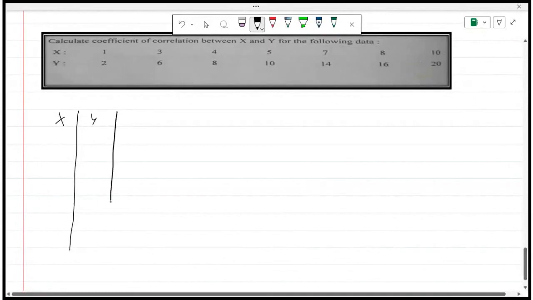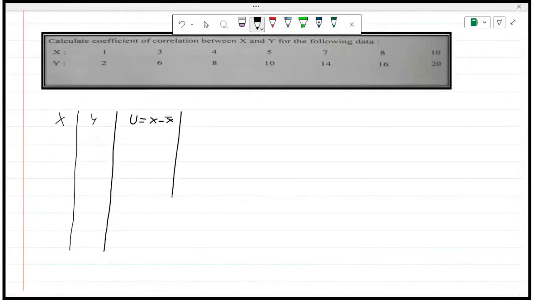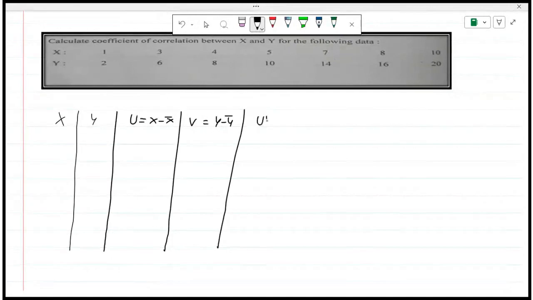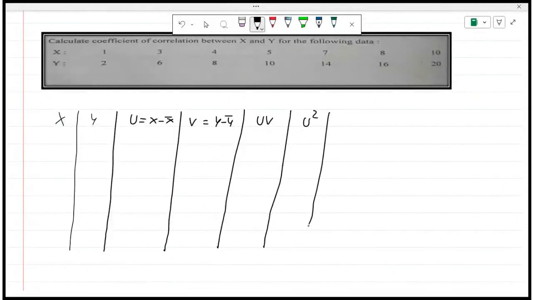Then you need to find u. U is x minus x bar, and then you need to find v. V is y minus y bar. And then you need to find the product of u and v, uv. Then you need to find u square, and then v square. Okay. And if you apply this method as I have told you,